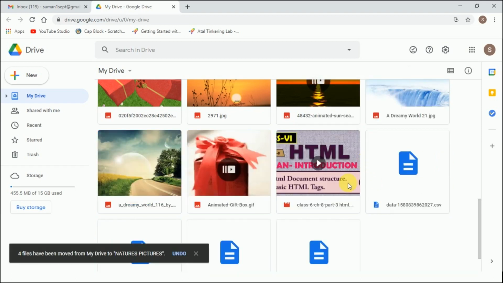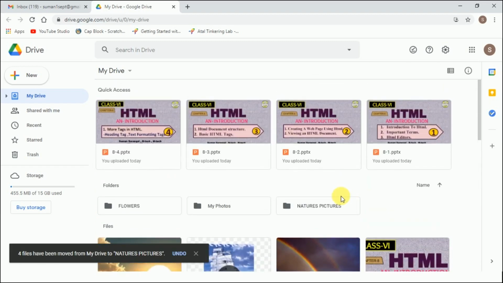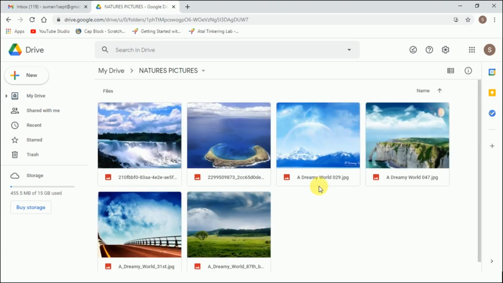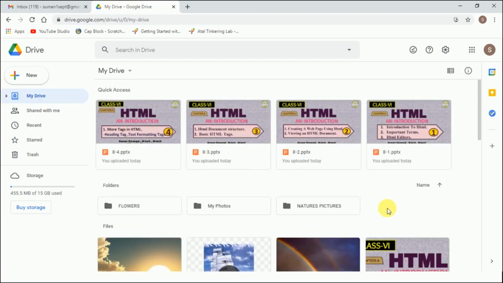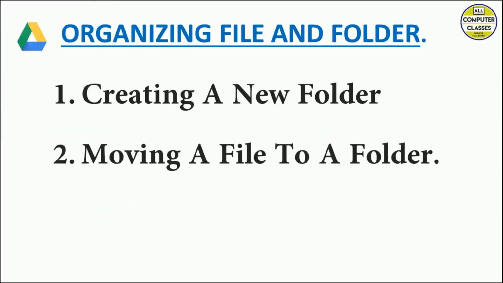So 4 pictures will go to nature's pictures. Now I'll open this folder. Now you see I have got 6 pictures here, right? So this is the way we can create a new folder and move our pictures to it. So we have done these 2 topics.